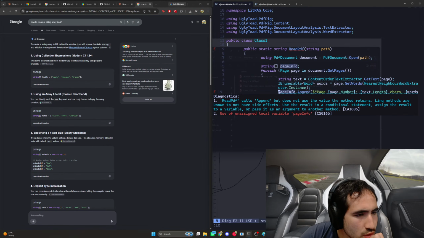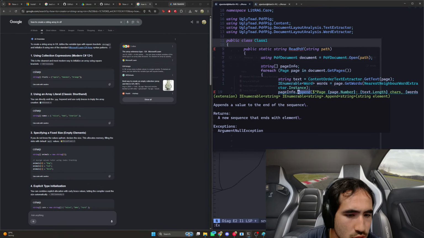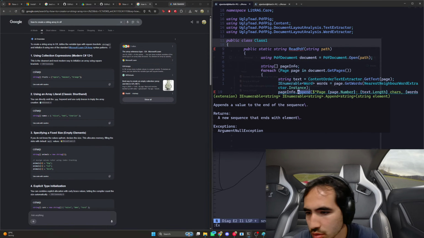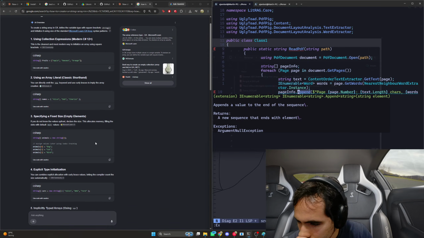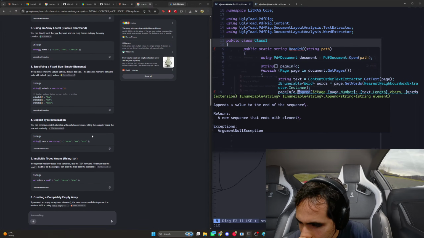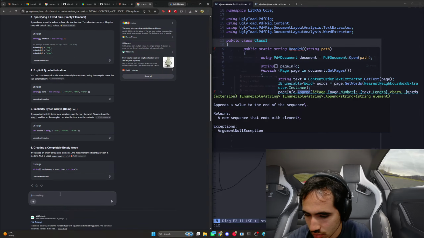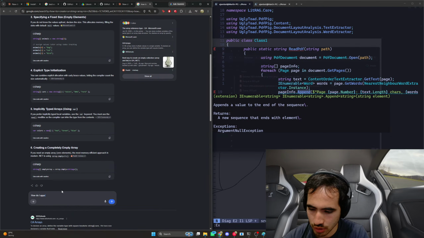Calls append but does not use the value method returns. Okay, so how does append work? Appends a value at the end of the sequence. How do I append at the end of the array?